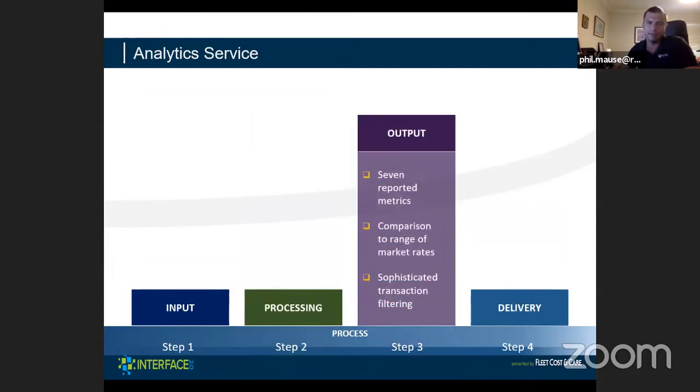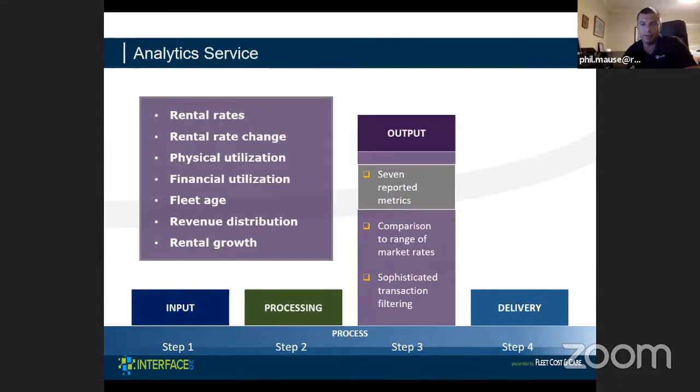What our clients get back from us is reporting on 7 key metrics. So rental rates, rate change, which is the period over period change in rate based on prior period activity, physical or time utilization, which is the percentage of your cost on rent during the measurement period, dollar or financial utilization, which is your annualized rental revenue as a percentage of your cost, fleet age measured in months from the date